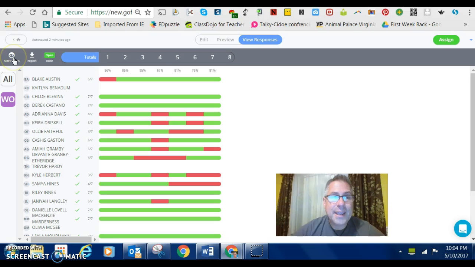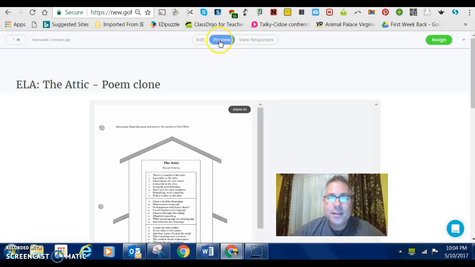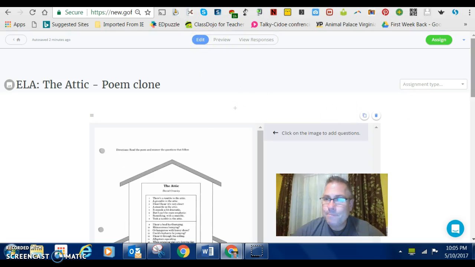You can hide the names if you want to go over it and show everybody this graph, or if you wanted to show everybody the individual answers, you can show them how I showed with the individual answer squares. You could do that. Going back in to edit here,